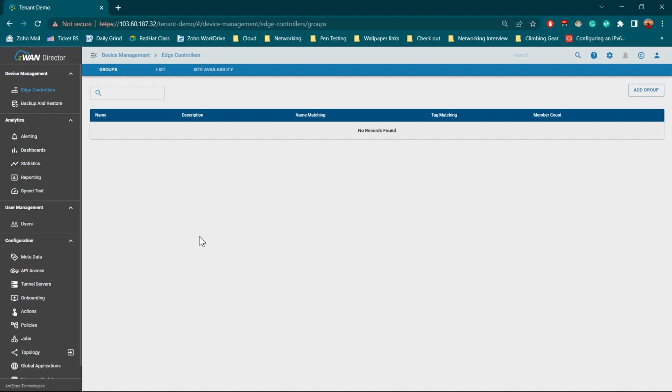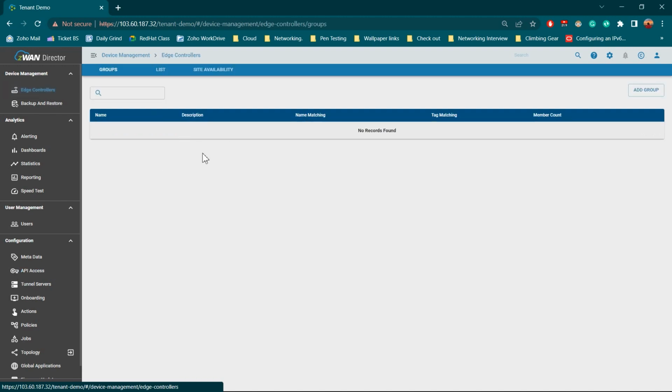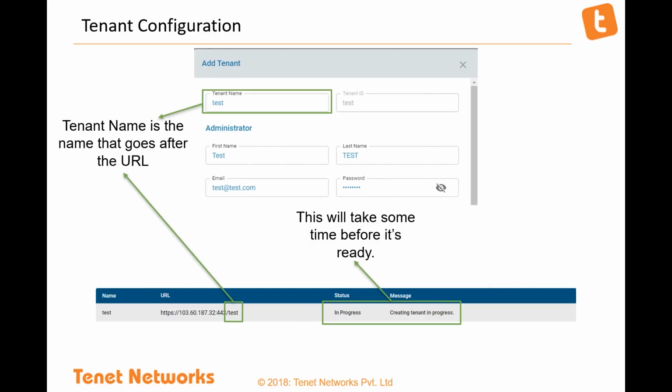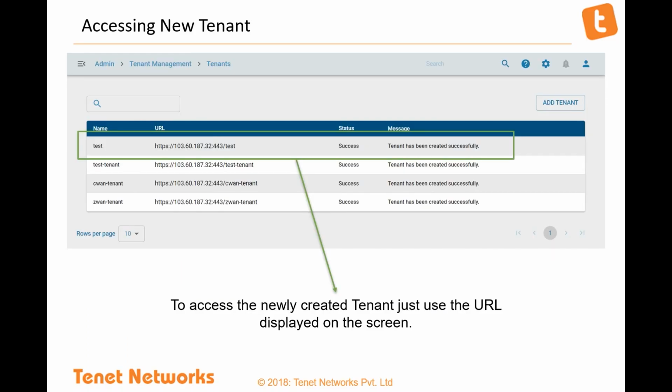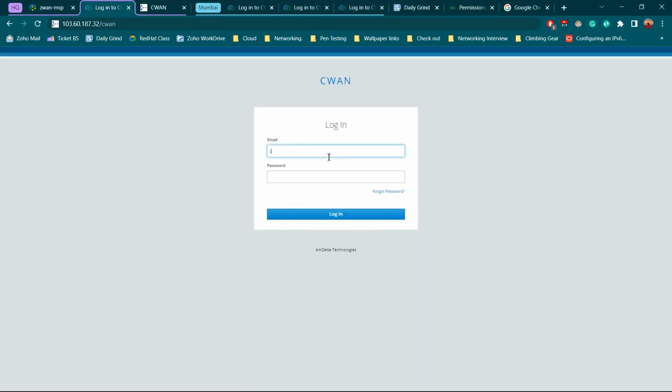So as you can see, this gives you a brand new edge controller, and it gives you a brand new provider screen where you will not have any other devices onboarded. To onboard a device, you can follow this process. We have another video for that. You can go ahead and check it out on YouTube. It should be in this playlist as well. So this is the way that we create a new tenant for a new customer or whoever we need. All the devices that I have registered in this tenant, if I log in here,